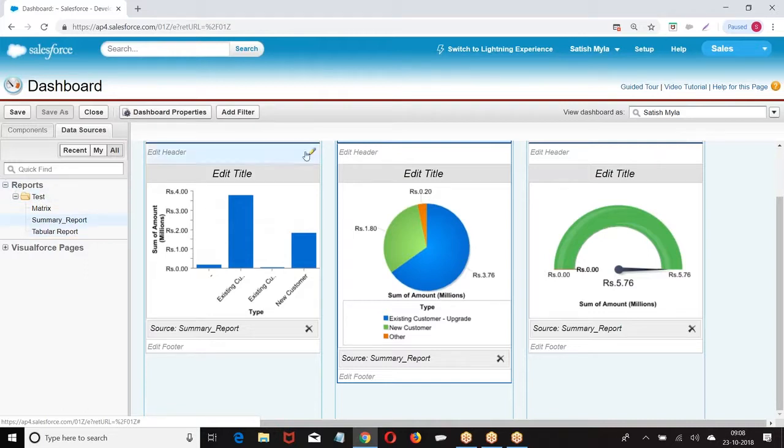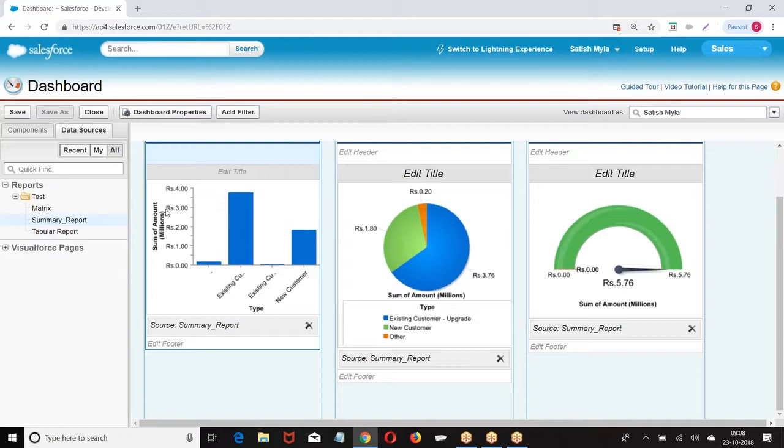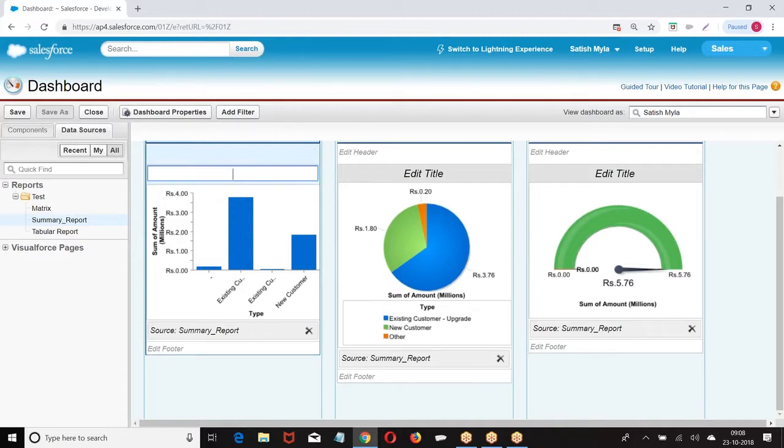Now what was this? We have settings here. Go to this. This was my component setting. If you want to give any heading for this, you can give it. We can choose this.